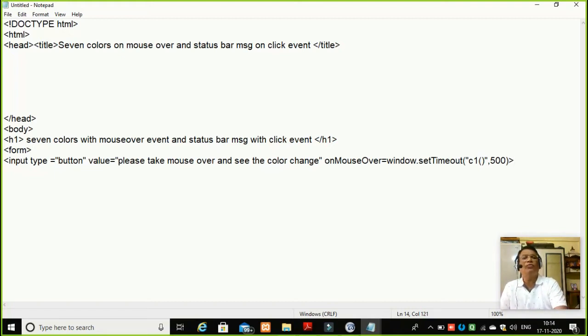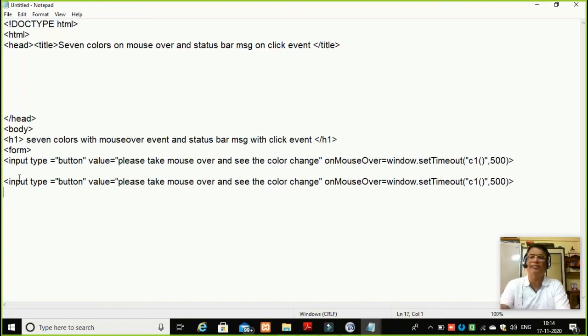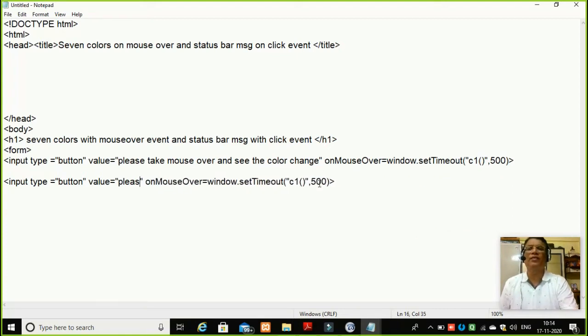Fine. Now let us copy this same thing again so I can save my time, but I need to change my event, and in fact some characters I will save. Input type button will be there. Now here I will write: click and see message on status bar.